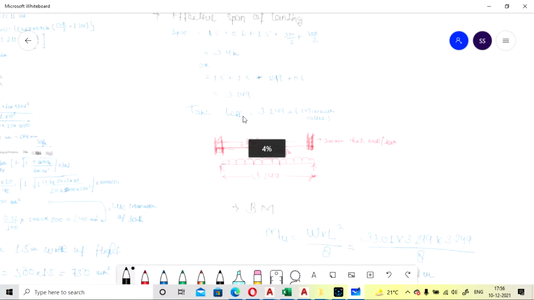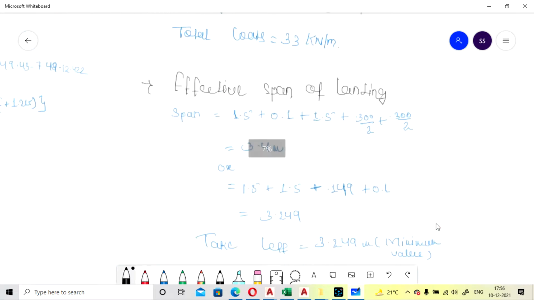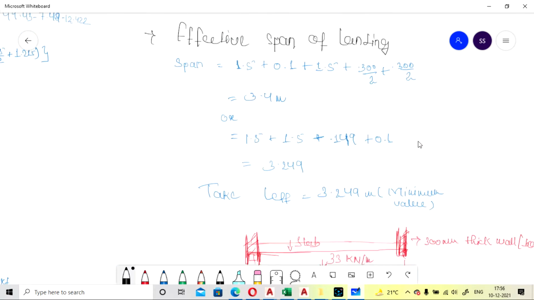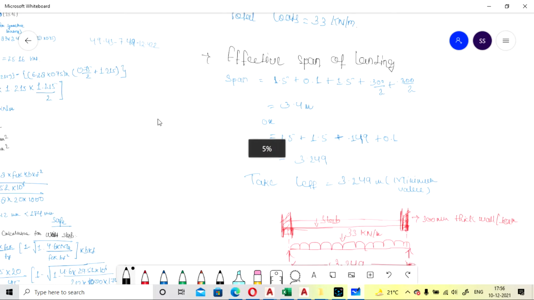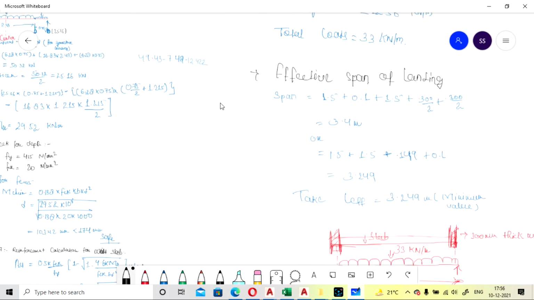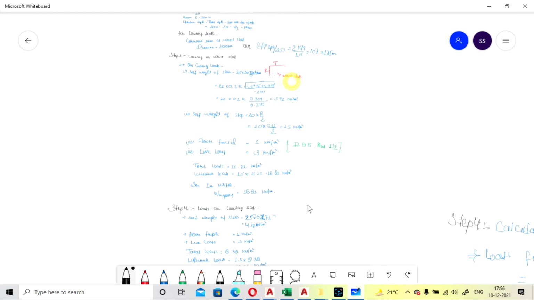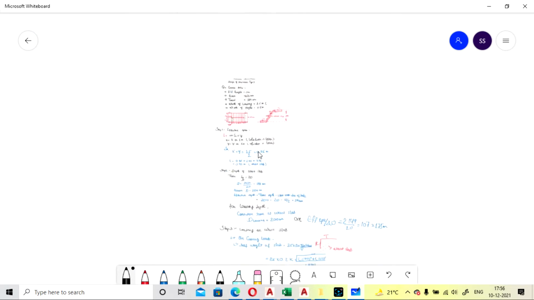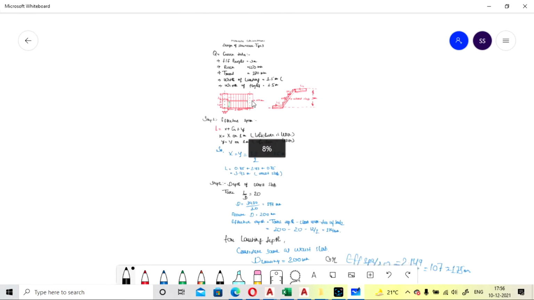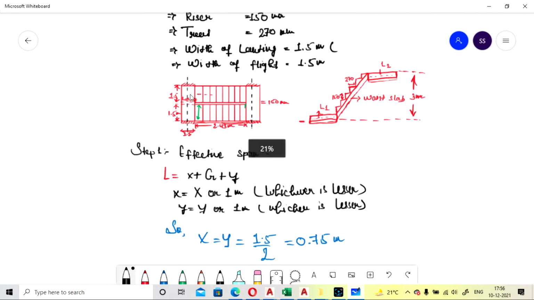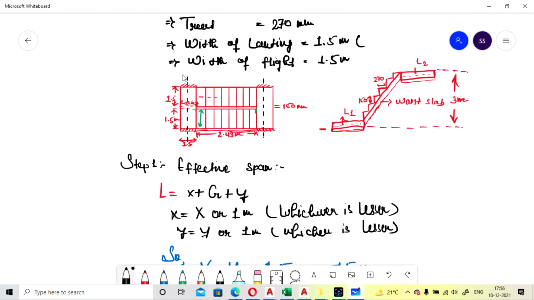So in this lecture we are going to see how to design the landing of the dogleg staircase. In previous part 1 we have already designed the base slab, for this type of support conditions, where support was provided in the perpendicular direction to the steps.